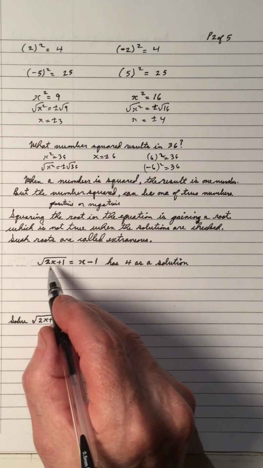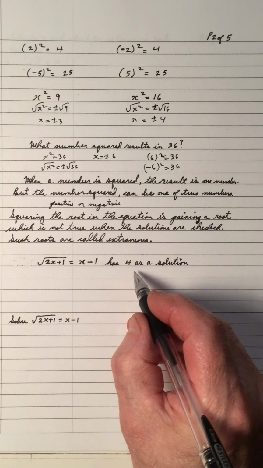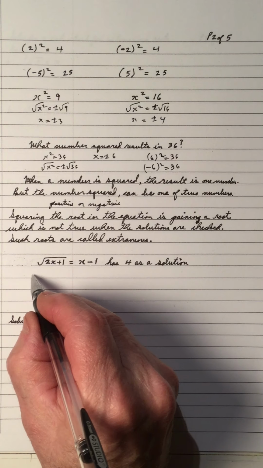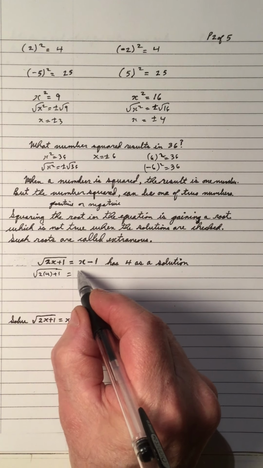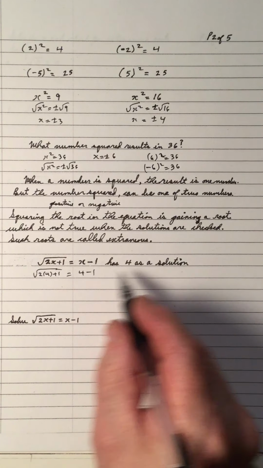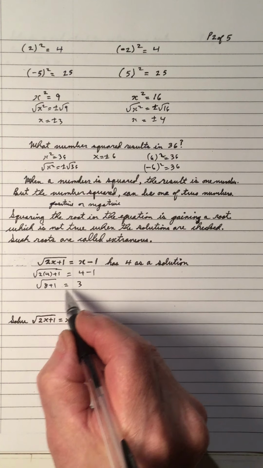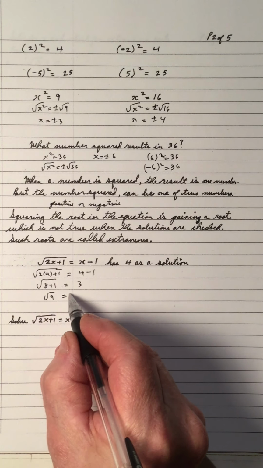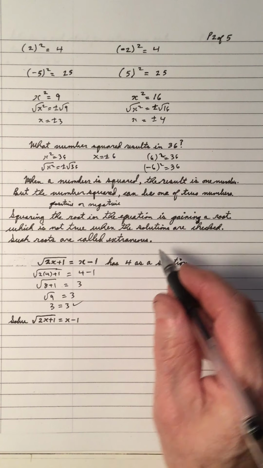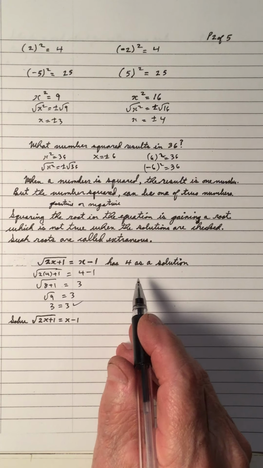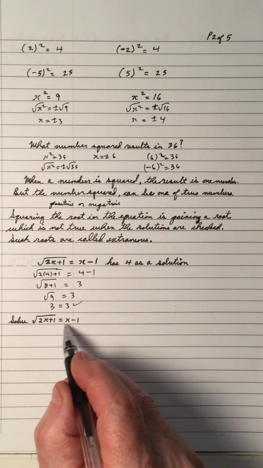An example of that: the square root of 2x plus 1 equals x minus 1 has 4 as a root. Watch. So if I put 4 back in, 4 is a root. Let's check. That's 8 plus 1, the root of 9 equals 3. The square root of 9 is 3. 3 equals 3. So 4 is the root. But there could be another one. We've got to check. So let's solve this equation